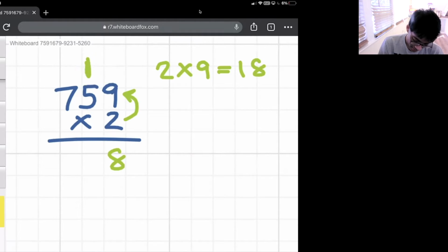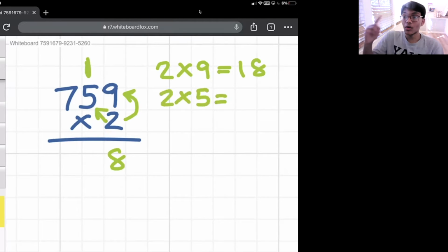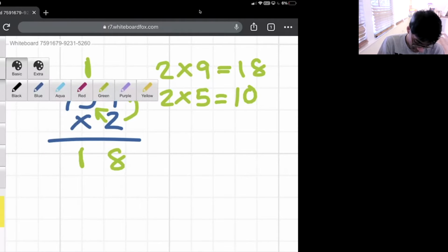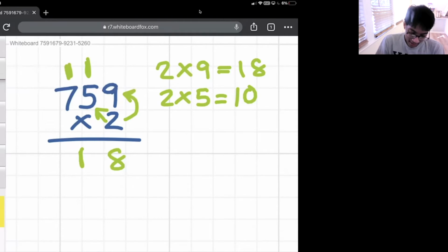So now when I do 2 times 5, well, what's 2 times 5? You remember? If you don't, go ahead and watch the 2 times table video. If you do remember, 2 times 5 is 10. So 10 plus this 1, that's going to give me 11. But wait, this 1 is taking up someone else's spot, right? So I got to take him out, put him right here on the top, and now I can do 2